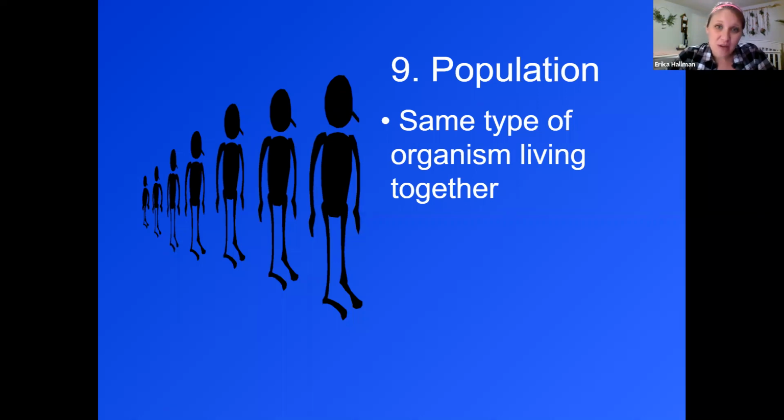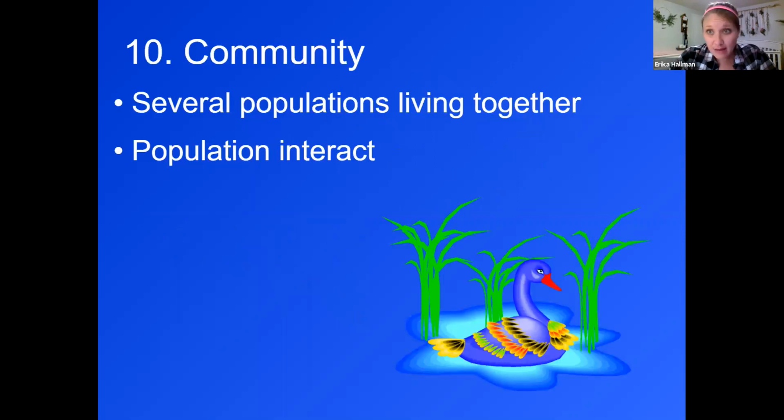So a population would really include, for example, the wolf population of Yellowstone National Park. So only wolves, one species, and within a certain boundary. If you compare that to the 10th level of biological organization, a community would be several of those populations living